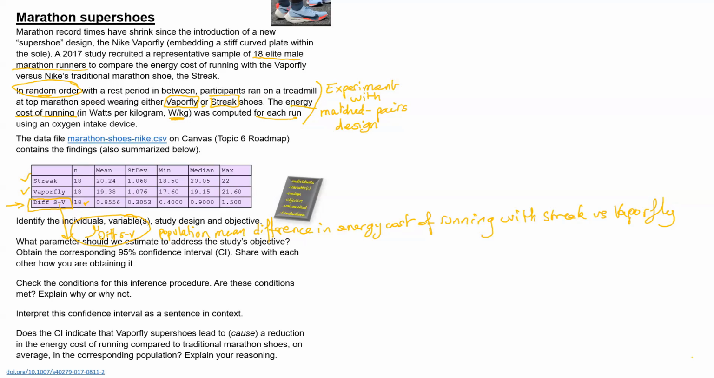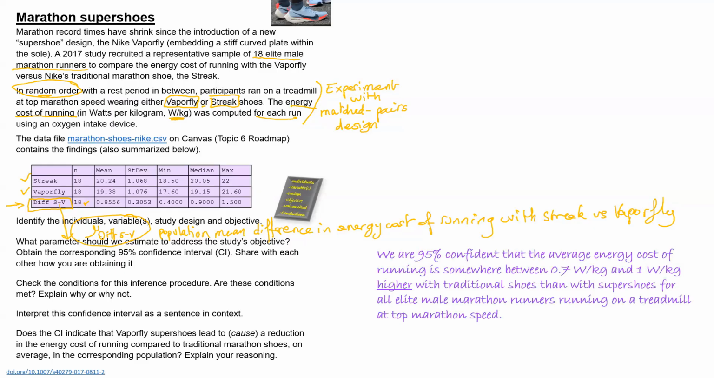Now, you might find it more natural to say that if the mean difference is within this range, that tells us that of the difference, one value is higher than the other. So for instance, you could say that we are 95% confident that for all elite male marathon runners running on a treadmill at top marathon speeds, on average, the energy cost of running is possibly as little as 0.7 watt per kilogram or possibly as high as 1 watt per kilogram higher with the traditional marathon shoes than with the